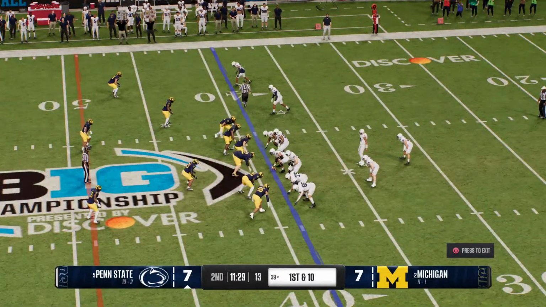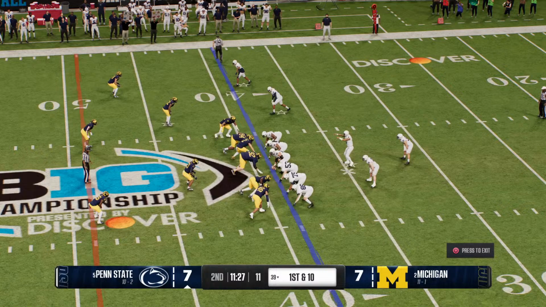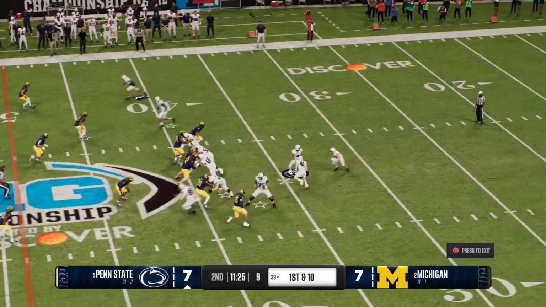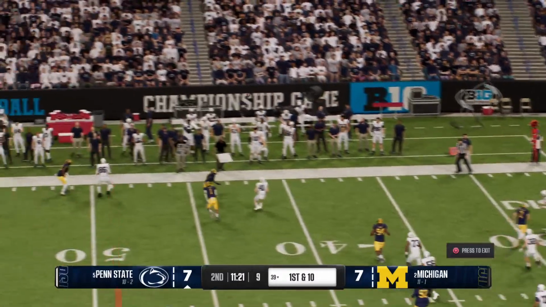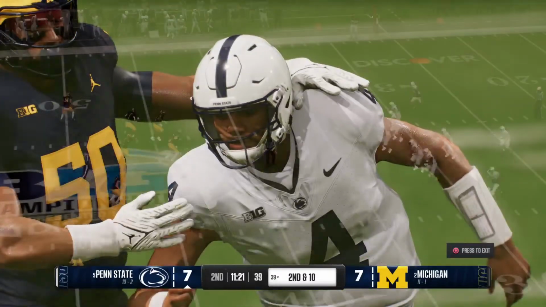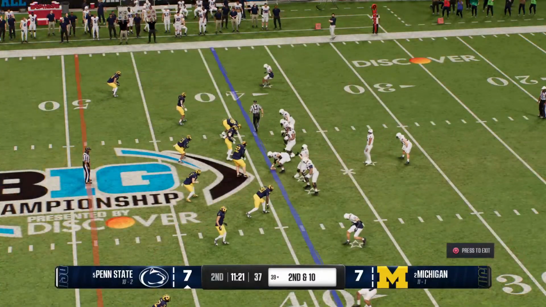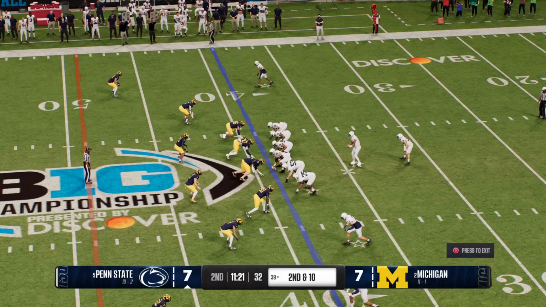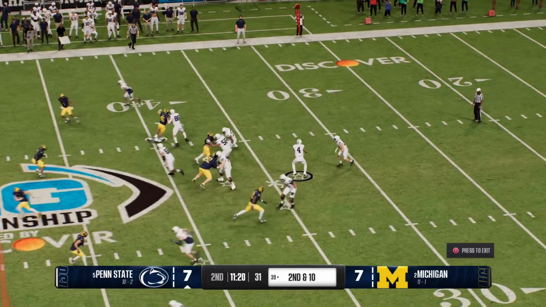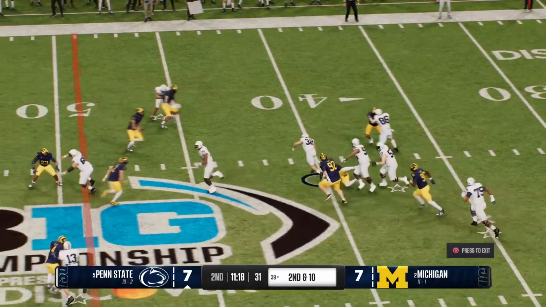Fresh set of downs for the offense. First down. Off the play fake, looking to throw. The pass rush closing in. And he just throws it away there. Safe move. Had nobody open. Offense goes to the pistol formation now. They'll keep it on the ground with the draw play.